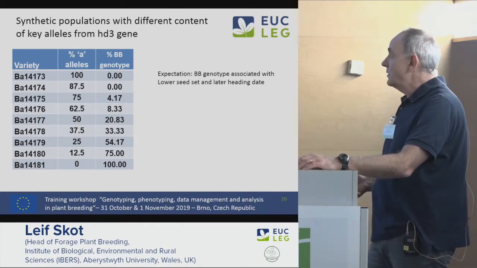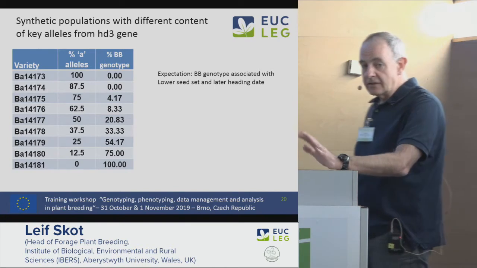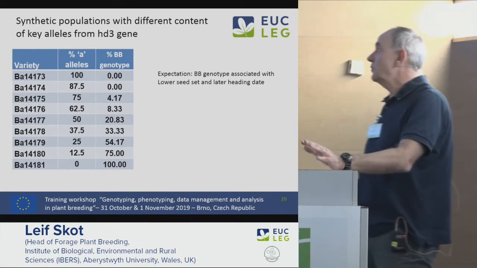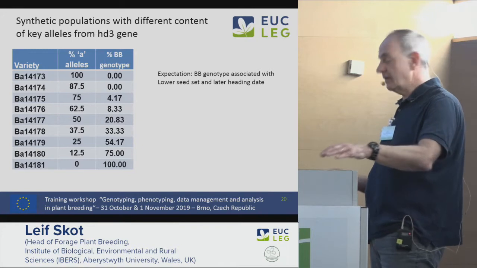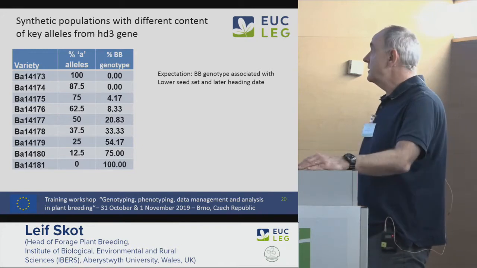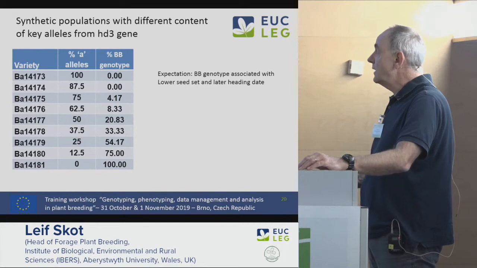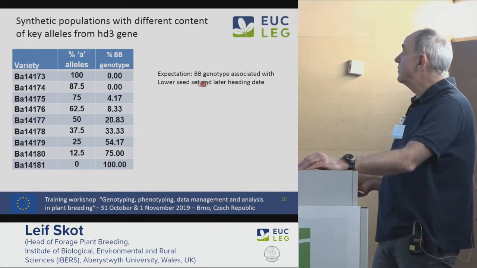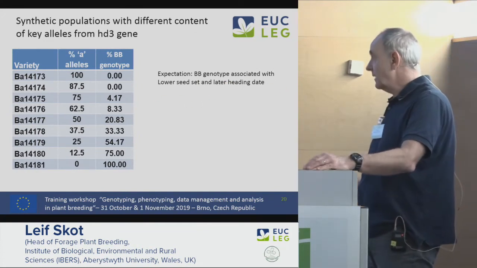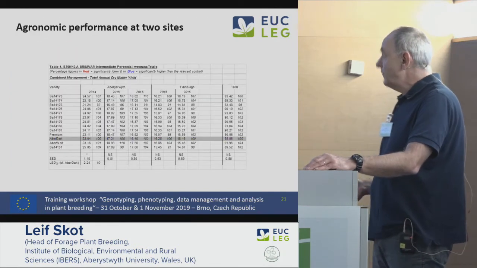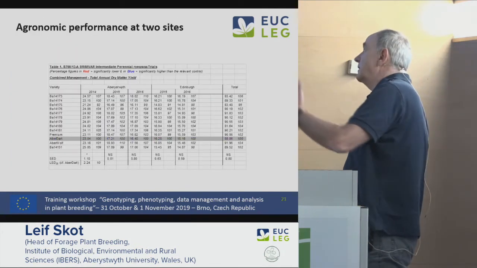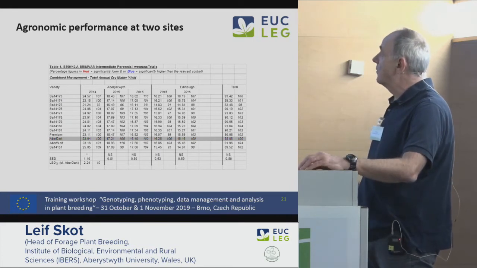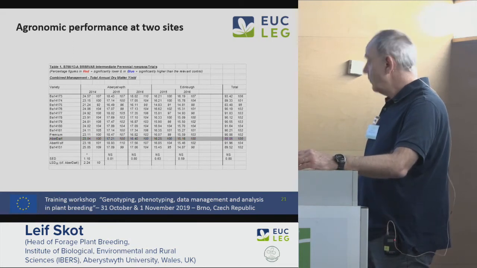So it's quite a useful population to check whether there is some association with these traits that we were talking about, seed set in particular. That was what we were really interested in in this particular project. So the expectation, to recap, is that the BB genotype is associated with lower seed set and later heading date. And then this is just screenshots from results of agronomic evaluations with various